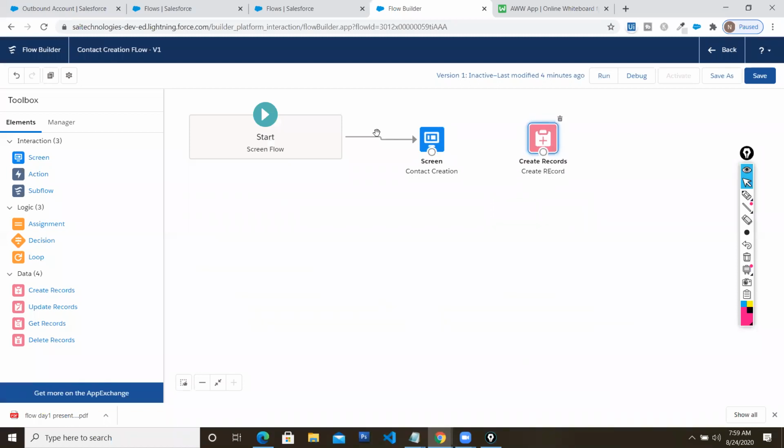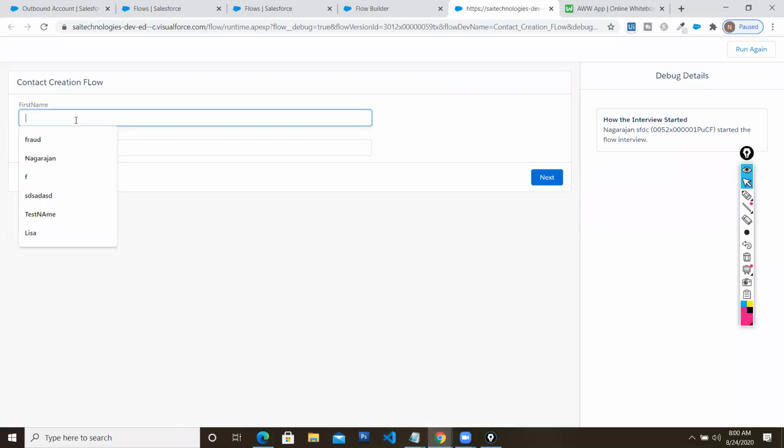Now the step is first I'm going to get the input from the user, and after that I'm going to push that input into my contact object. So let me connect these functionalities. It's connected. Let me save it, and next step, before activating it, again I am repeating, I'm going to test it. So I'm going for debug, to check whether our account is being created or not. Let me debug it. Let my screen load. Yeah, start. See here, I can get the first name. First name, let's say Suresh.